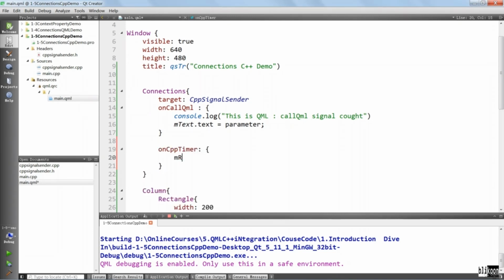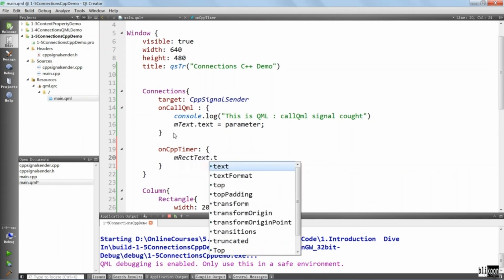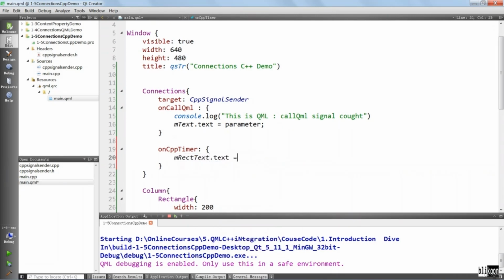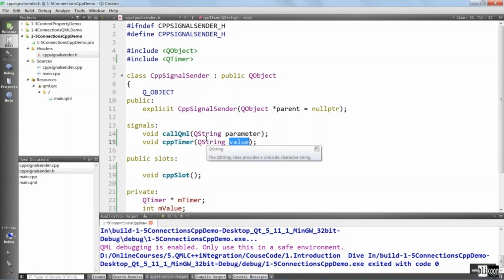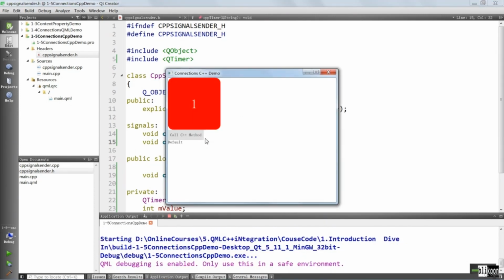And we're going to say mrect text equals value. Remember that the parameter is called value here. Let's run the application, and hopefully it is going to work. Okay, you see that our timer is counting, and the signal to trigger the change of the timer here is